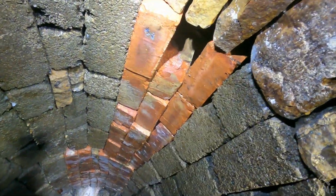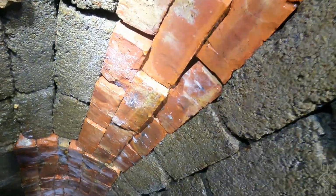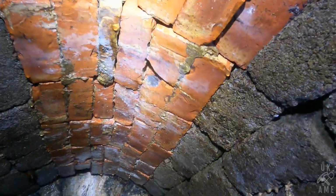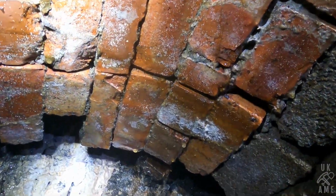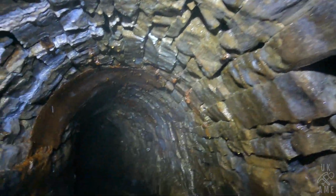Yeah, one unusual feature in this mine is they've actually used house bricks as part of the arch. Well, I'm sure they were built for this purpose, but yeah, the traditional part of the house bricks, yeah, and this obviously would have been from the...